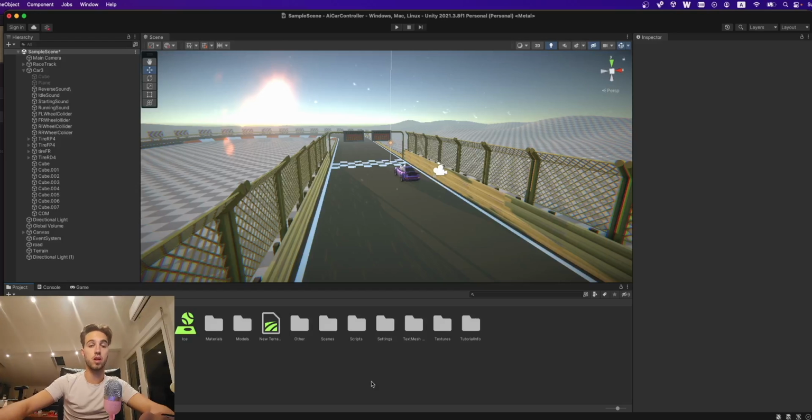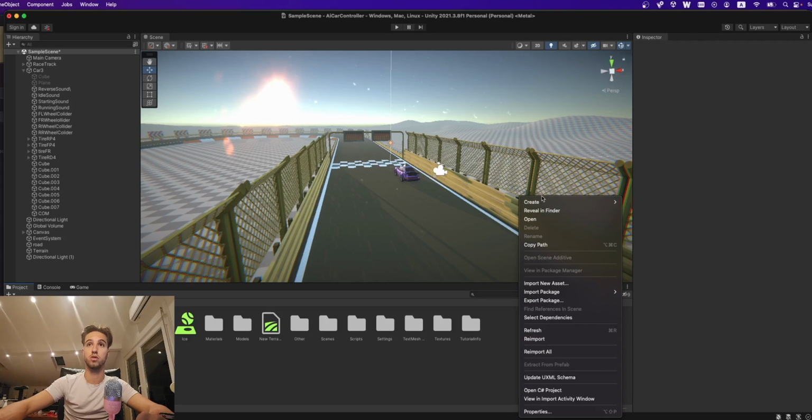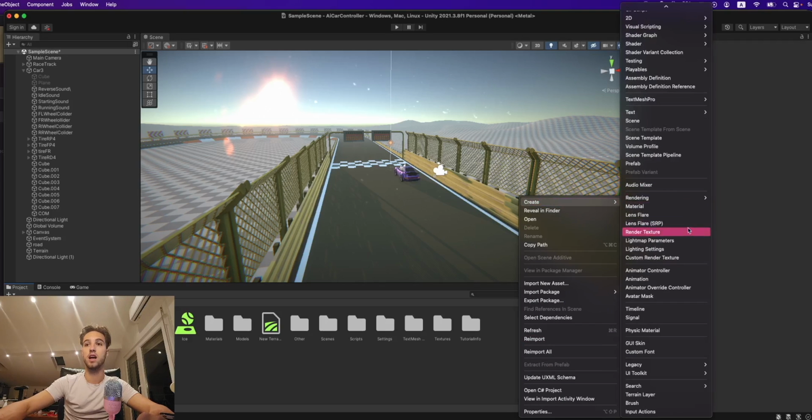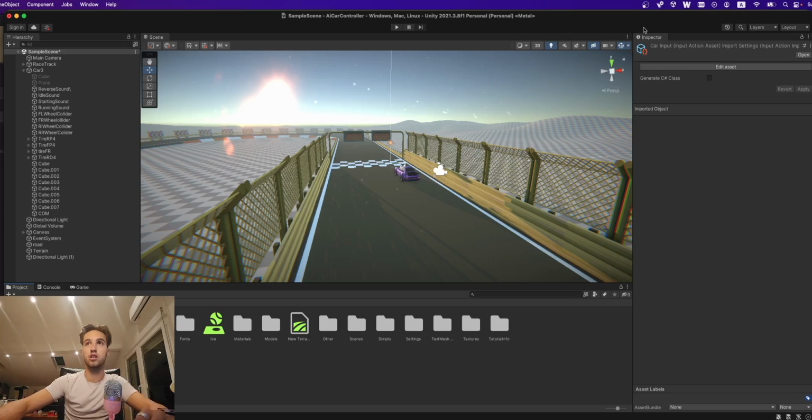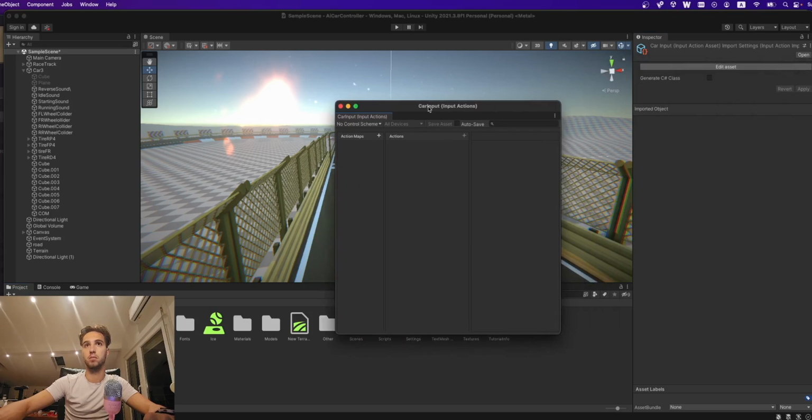So next thing we're gonna be doing is creating the asset that we're gonna use to keep track of what input actions we want. To do this, we go into create, and we go all the way down here to input actions. We click this, and we name this car input, for example. Okay, so as you can see, there is this menu here, so we click edit asset,